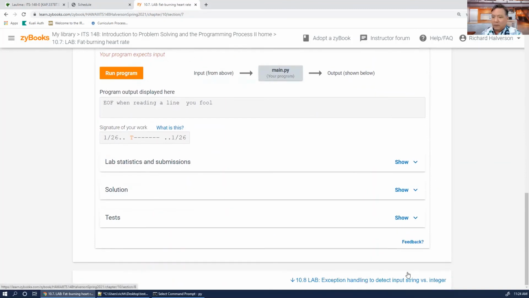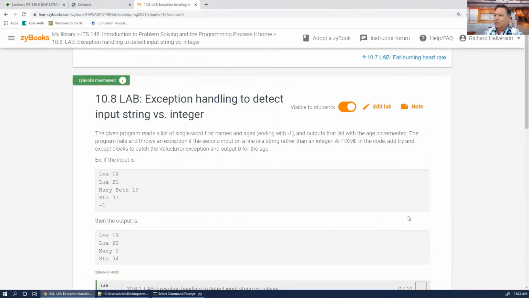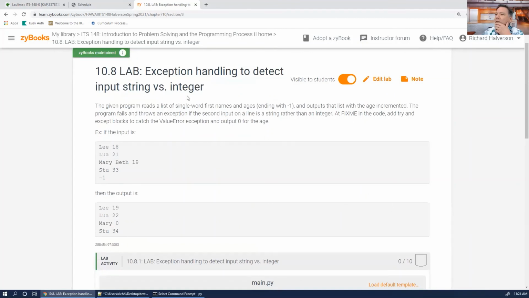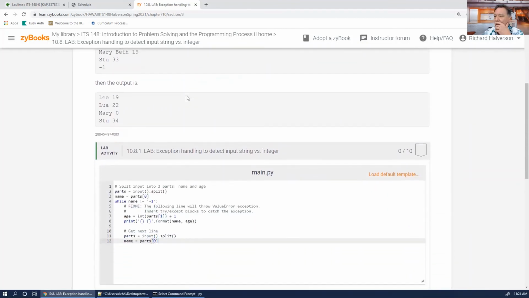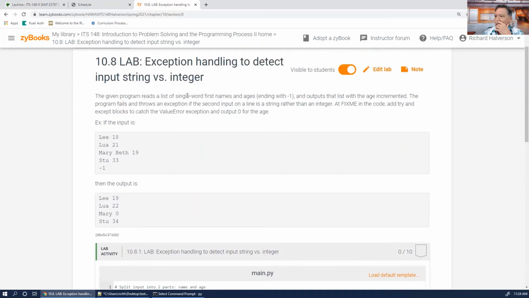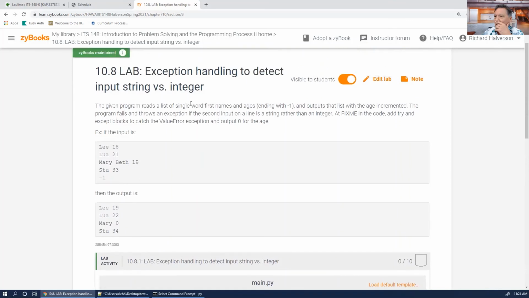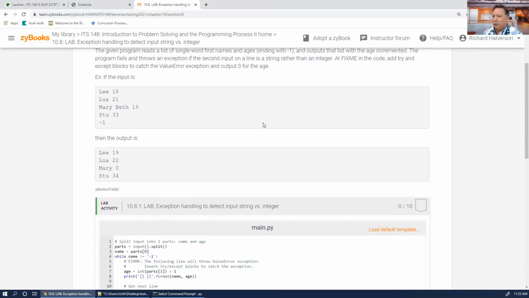Okay, so what's next? It's 11:24. Let's take a look at this one. Handling to detect input string versus error. Okay, so what are we gonna do? Reads a single list of names and ages. Outputs a list of age with each age, and if the program fails, it throws an exception when the second input on a line is a string rather than a number. Add code, and use try and except blocks to catch the value and output 0 for the age. Okay, so